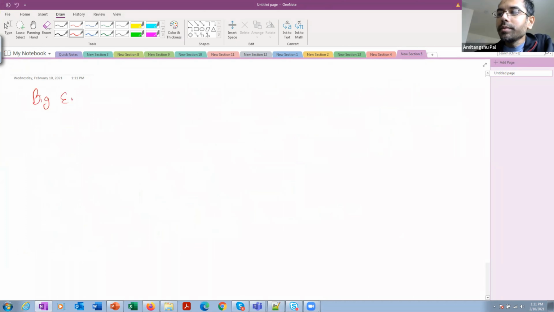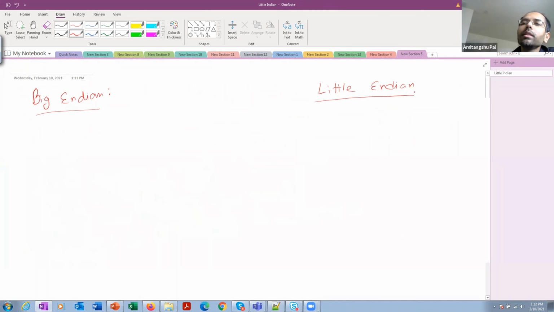Big endian and then little endian. Big endian and little endian deal with how certain values are stored in different memory locations, or in what order the different bytes of a variable are stored in memory.